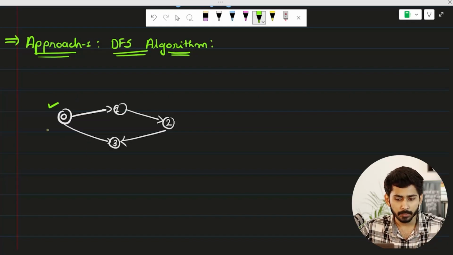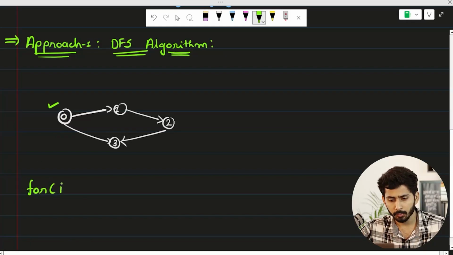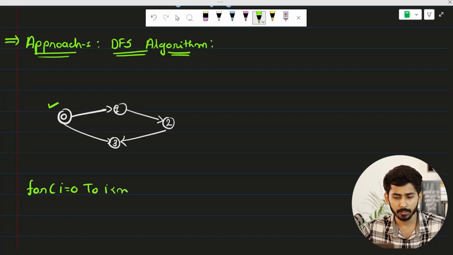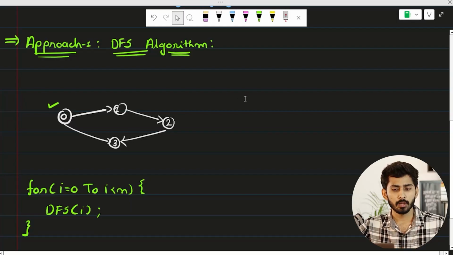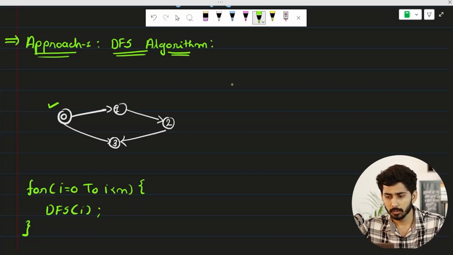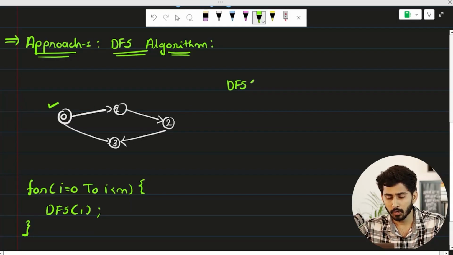So let's say I'm applying the DFS on this graph, now for node number 0. As I mentioned, I'll be applying DFS for every node, so that will be from i equal to 0 till i is less than n, and I'll be applying the DFS algorithm. Now if I apply the DFS from 0, DFS of 0 will give me how many